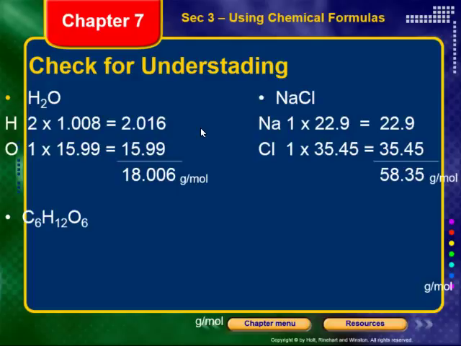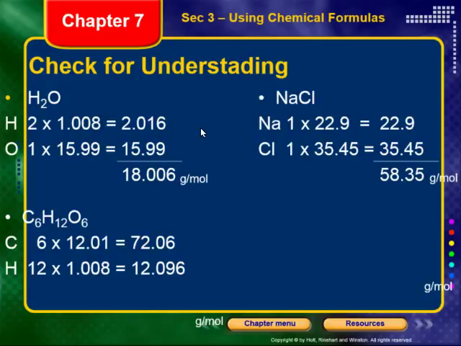All right, let's see how we did. We have 6 carbon atoms coming in at 12.01, 72.06 altogether. We have 12 hydrogen atoms, each at 1.008, coming in at 12.096 altogether. And lastly, we have 6 oxygen atoms coming in at 15.99 each, for a total of 95.94. Add all those together, we have